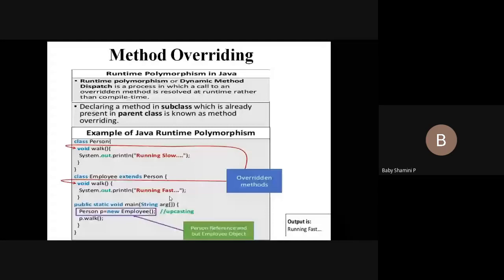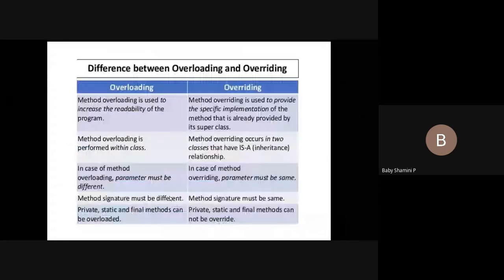Next is the difference between overloading and overriding. Overloading means we have the same method performing different operations. In overriding, the same method in the superclass can be implemented in the subclass also.